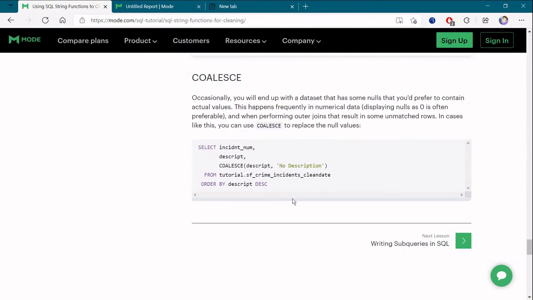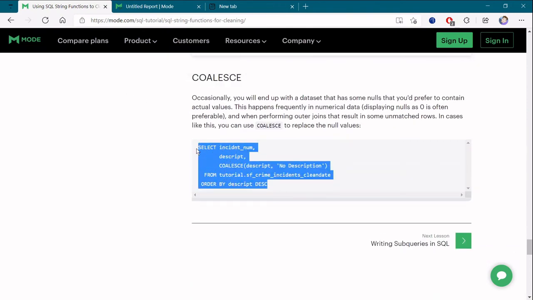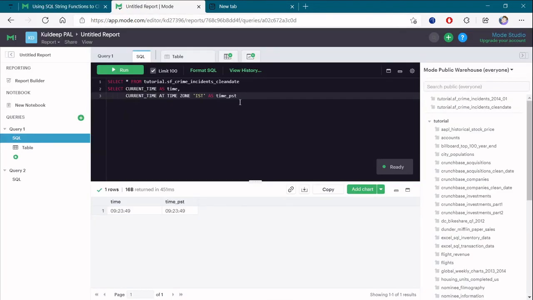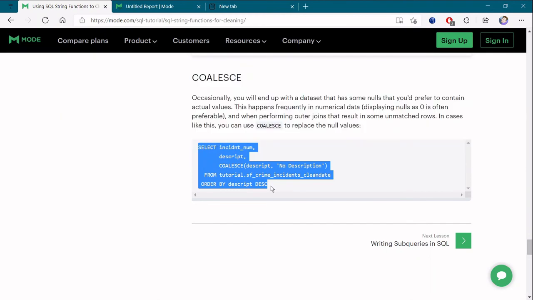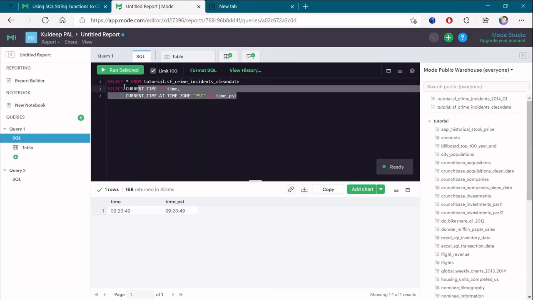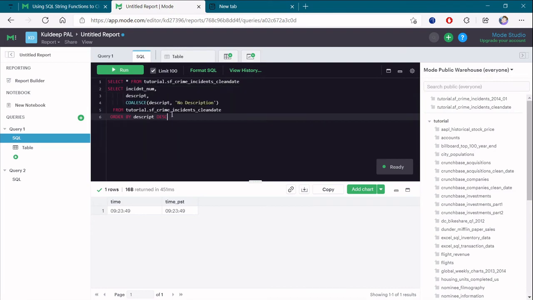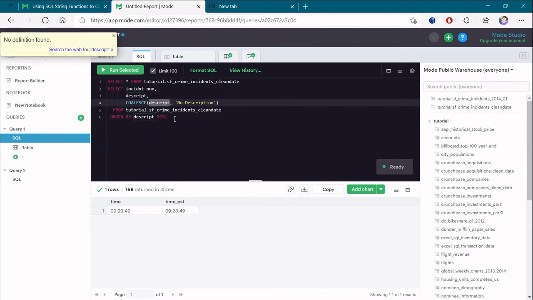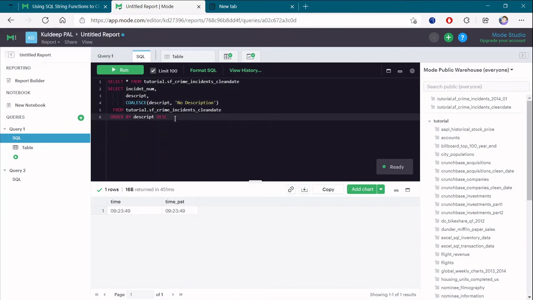Coalesce. So Coalesce I have already discussed in the last video, but here we are doing some practicals on it. So let me use this query of Coalesce. What Coalesce does is, we are having a description, and in the description we will be having many null values.